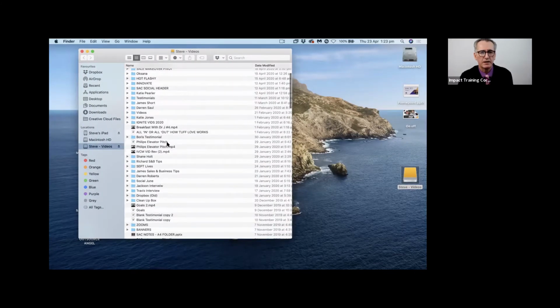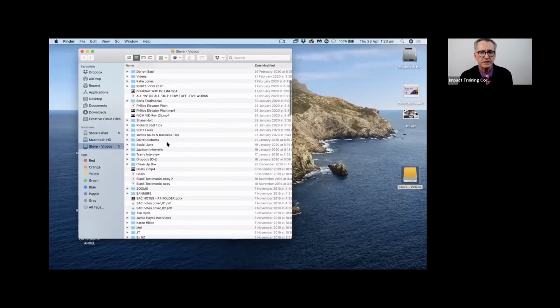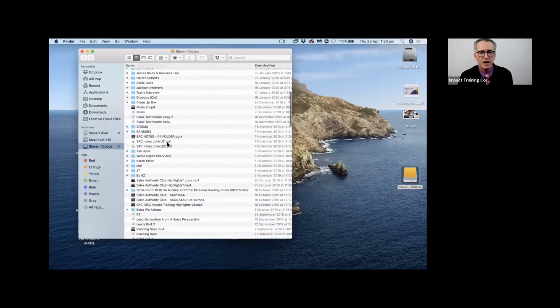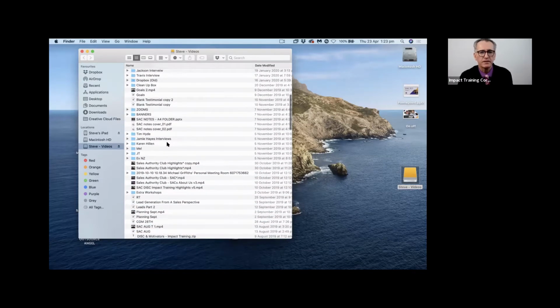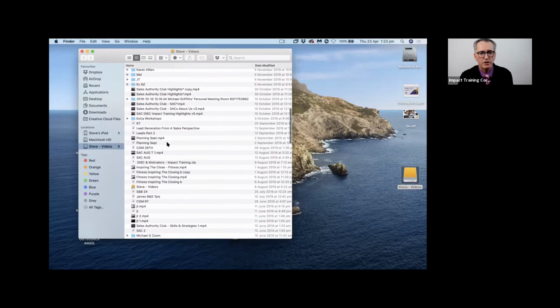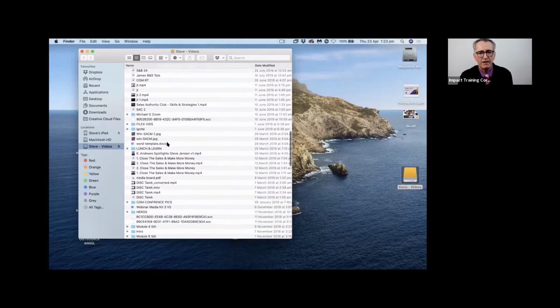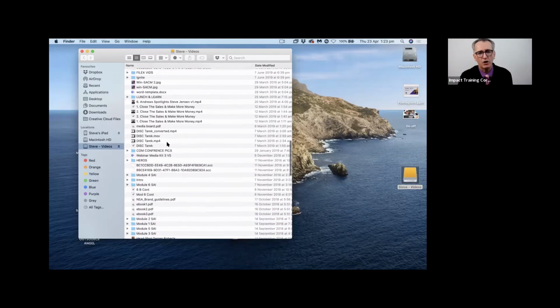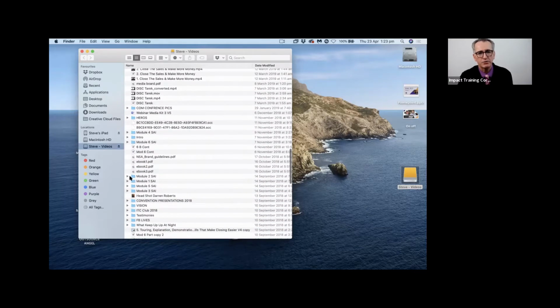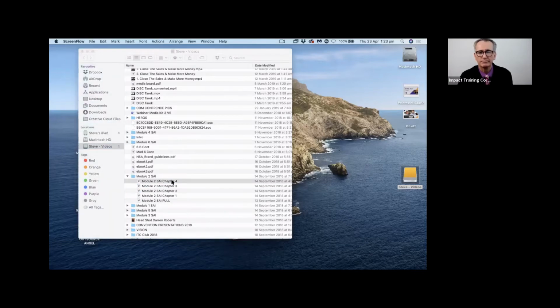Now, there are other Screenflows that we have here, you'll see. And we have stacks of bits and pieces here. So we've got interviews. These are all videos and so forth that we've done. And we then have a whole lot of, let's say, modules. Here we go. Let's put one that you all would have seen.